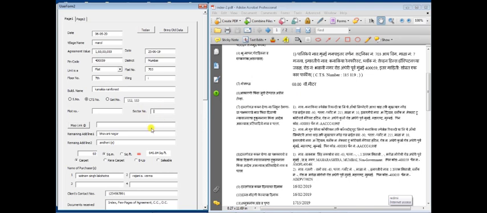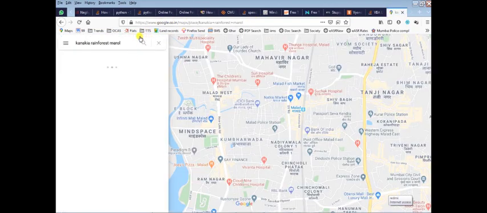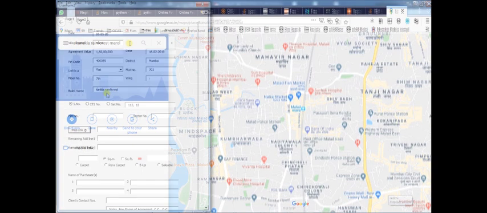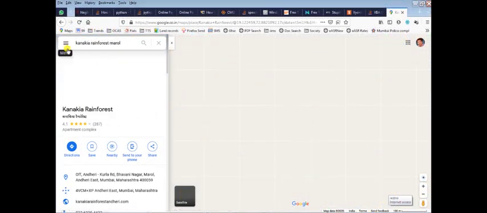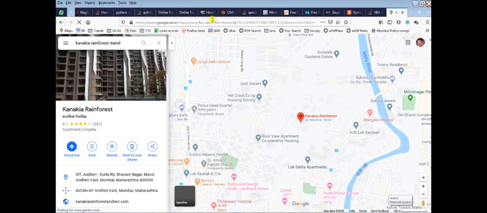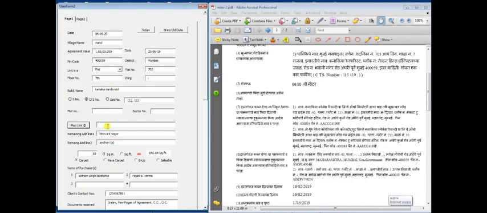Here we will press this button to get the map link from Google Map. By pressing that button, we will be guided to Google Map. The map will automatically open for the building name which we have already entered here. See, okay. Here we will copy this link and paste it to our form. This link inserted here will help us get the latitude and longitude extracted from that link, and it will be automatically written in our report.